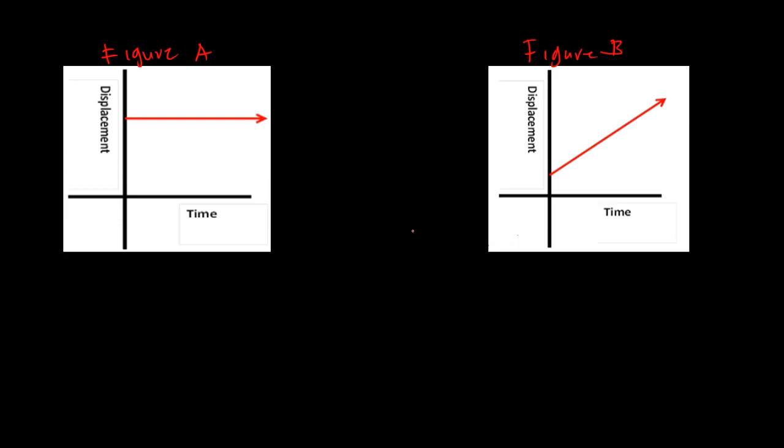So for example, we have this graph. In terms of position versus time graph, I can also write x of t, or x versus t. When it comes to a position versus time graph, if we compare these two figures here, the only difference is that the object here is not moving and the object here is moving. That means when you see a graph that has a flat line or horizontal line,